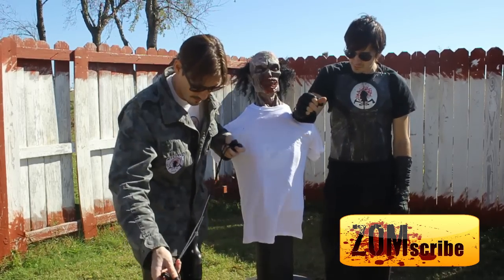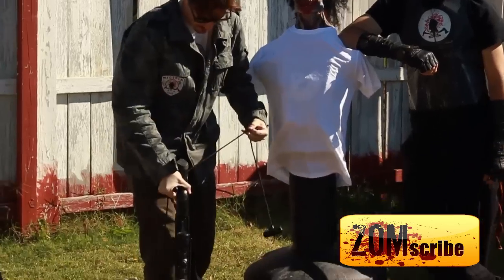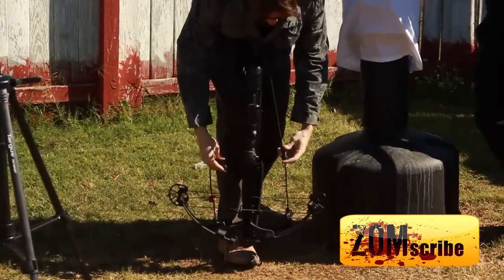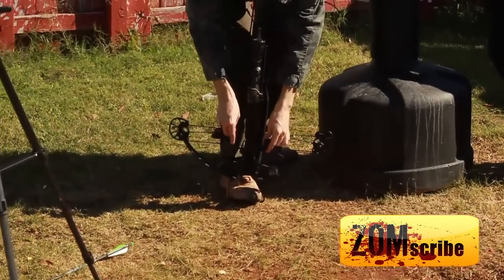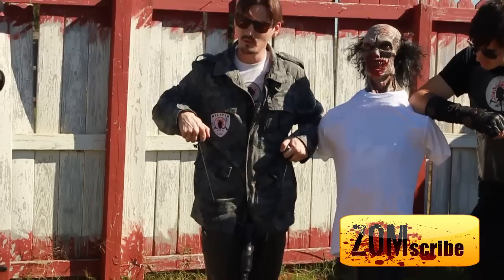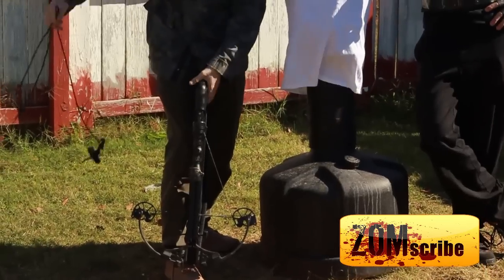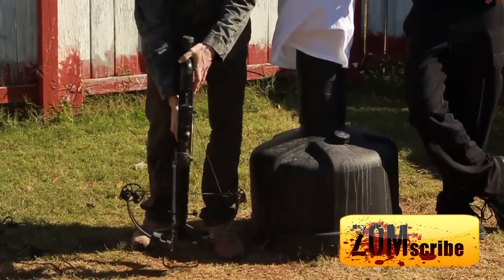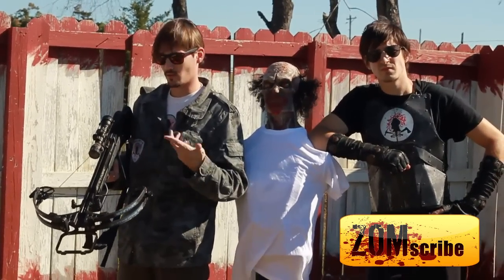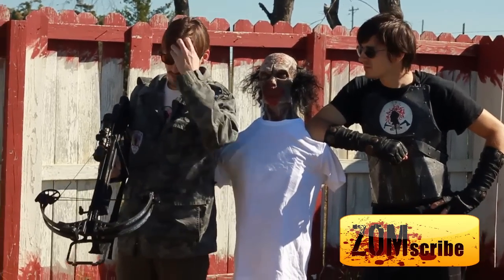So, what you do is you take this and you put it on the stock right here, and then you take these hooks and you hook the string, and then you pull it back, all the way back. And even with this, it takes quite a bit of force. Once you have it in there, now you're ready to put the bolt in. Now this thing will not fire unless the bolt is already in there. So once you cock it back, you gotta fire a bolt, which kind of sucks,